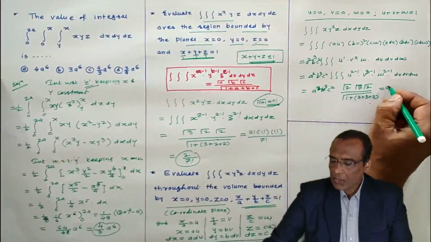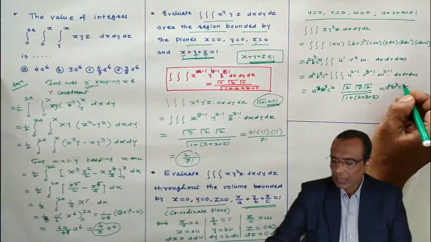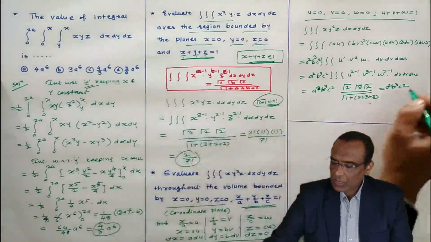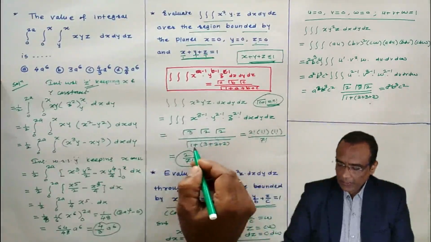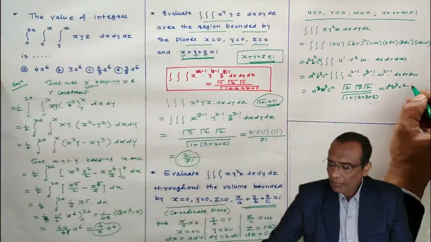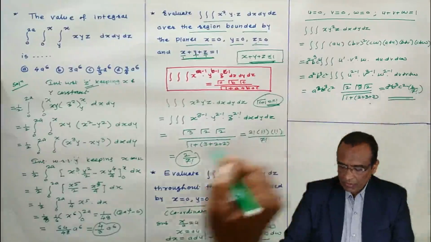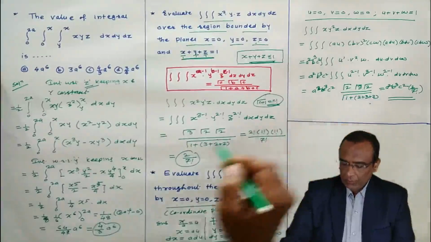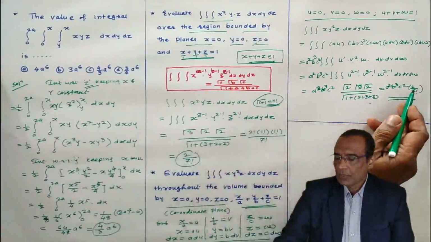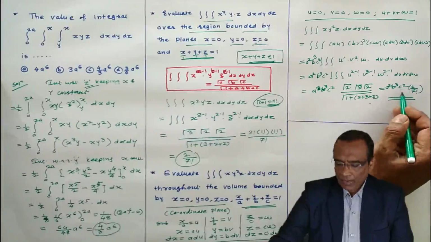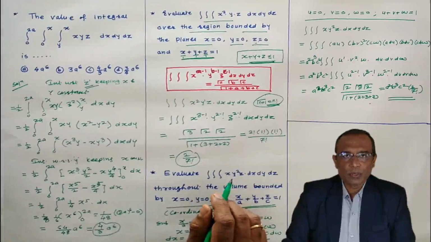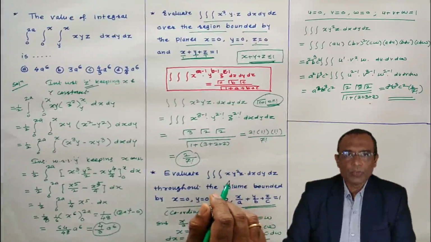Now again here a square, b cube, c square, gamma 2, gamma 3, gamma 2, and in the denominator again the same thing, this is 2 by factorial 7. This we have solved here: gamma 2, gamma 3, gamma 2 divided by 1 plus 3 plus 2 plus 2 is 2 by factorial 7. So this is the value of this integral. So in this way some short answer questions on triple integration we have solved. So we stop here. Thank you very much.